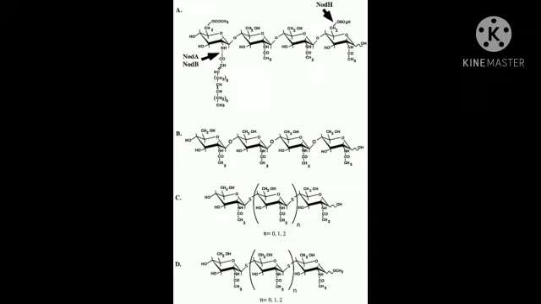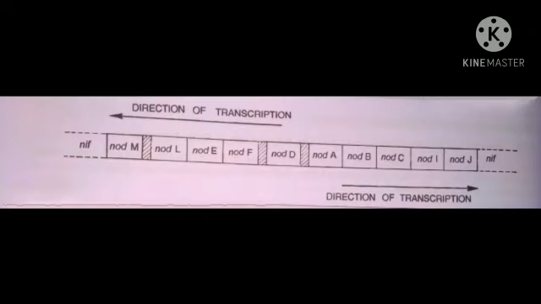Nod genes are located cluster-wise. We can see here that NodD controls the transcription of other nod genes, whereas NodF encodes a specific acyl carrier protein, which is used to acylate the nod factor specified by NodA. NodE and NodL are responsible for determining the host range, that is which host it will affect, and NodM is involved in nod factor synthesis, whereas NodI and NodJ help to export nod factors from the rhizobium cells.